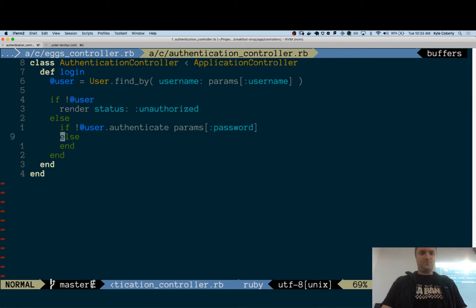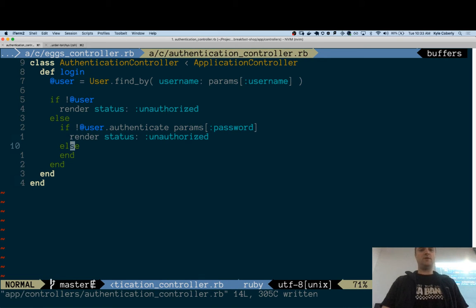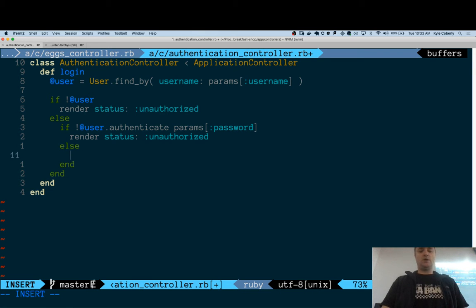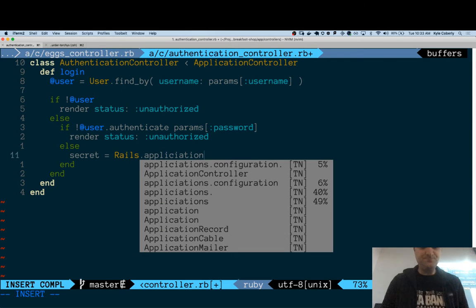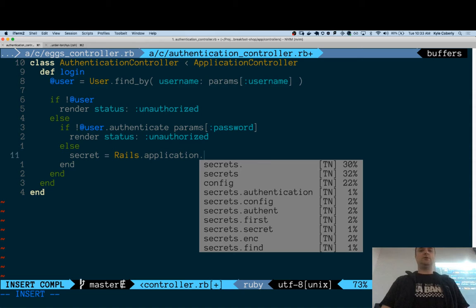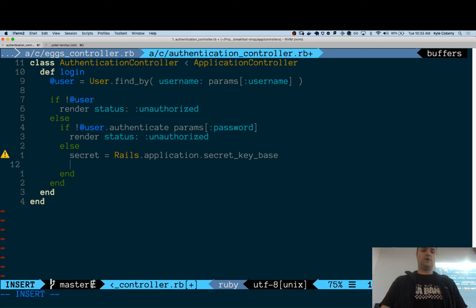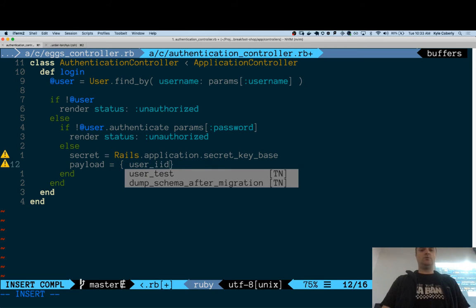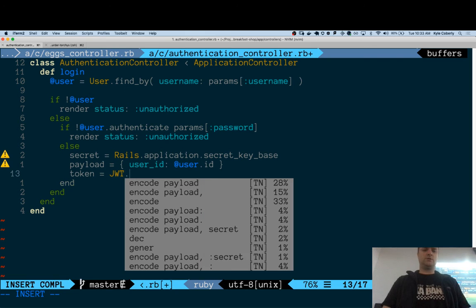Cool. So, likewise, if I can't verify their password, then screw off. I need the secret, which I get from Rails application secret key base. I need the payload, which I'll make user ID at user.id,